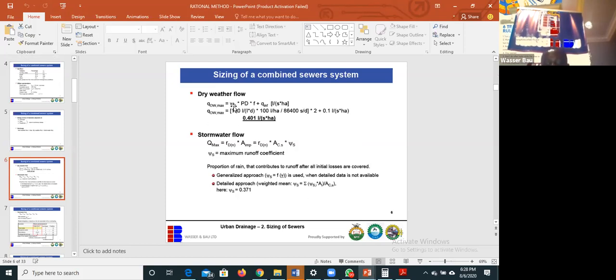So, water demand per person is 130 liters per day. Population equivalent is 100 persons per hectare. I convert it to seconds by dividing it by 86400. Then I multiply by my safety factor, or my peak water demand factor, which is 2. Then I add infiltration water, which is the parasite water, or the water to take care of the case